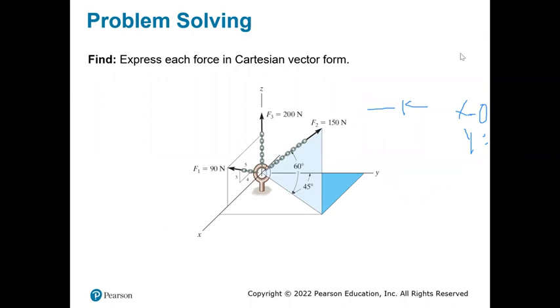Let's look into the other one. That's a little complicated one, which is our F2. So how do we solve this problem? You can see the hint is given that it makes a 60 degree angle with this axis, right? That tells us this force is in this plane, right? So like previously, we looked into the problem where we have a plane. So let's take a plane,